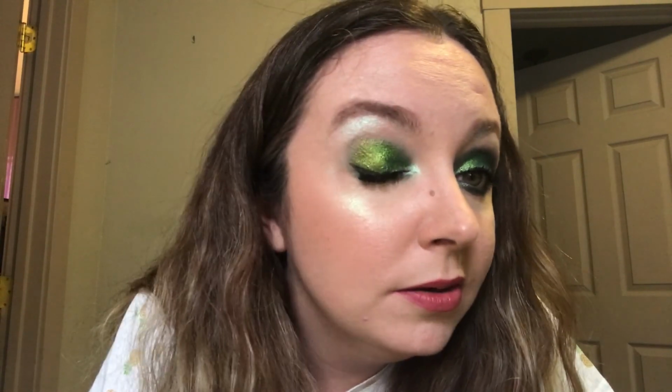I used my Pat McGrath black liquid liner. And I bought this during COVID, which was not that long ago, and it's already dried out, which really sucks. So, sorry Pat, your stuff is expensive and dries out really quickly, so not the best eyeliner application. I used the Marc Jacobs At Lashed mascara, this sample here,